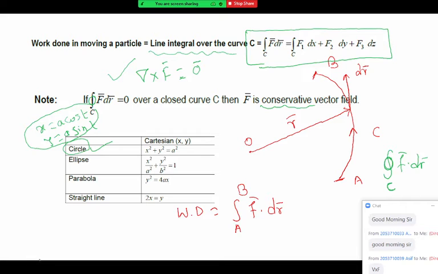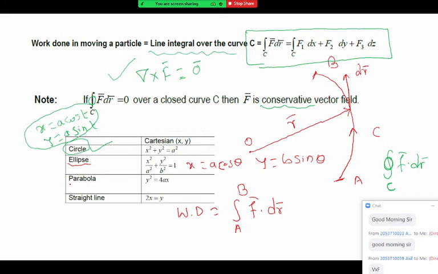Now I want it for an ellipse. What will be the parametric equation for the ellipse here? x equal to a cos theta and y equal to b sin theta. Okay, good, that's correct. x is a cos theta, y is b sin theta. Suppose you select theta as a parameter, throughout use theta only. If t is a parameter, throughout use t.